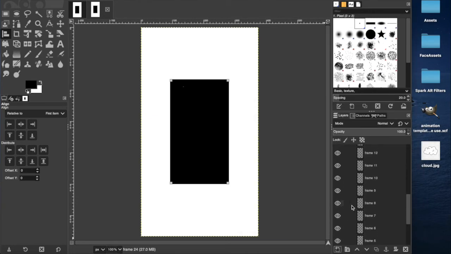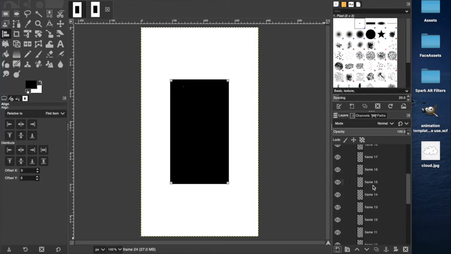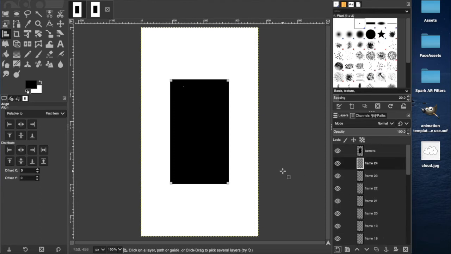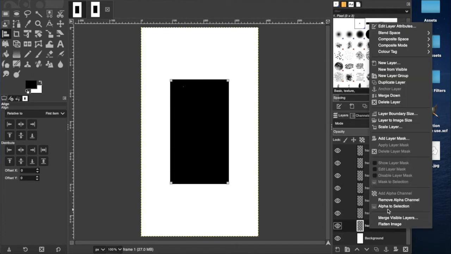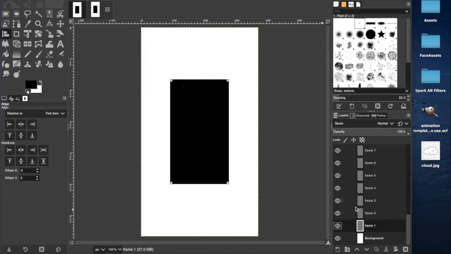Okay, and there we go. That's all of our frames. I'm just going to check that I got the numbers right. That looks pretty good to me. So there you go, we now have our background and our camera as they were set up in Spark AR, and we have 24 frames here, which currently are PNGs, which means they have alpha channels, so they are transparent,